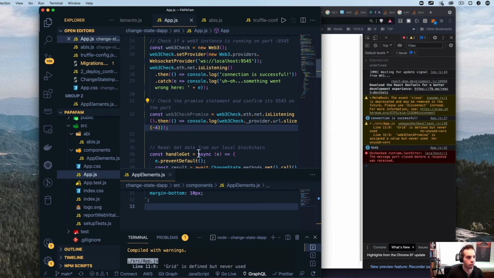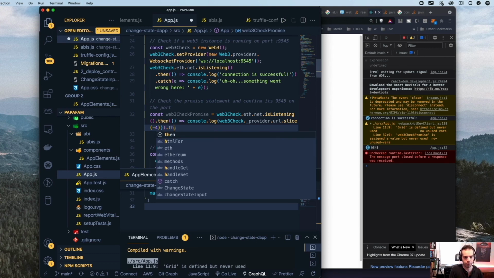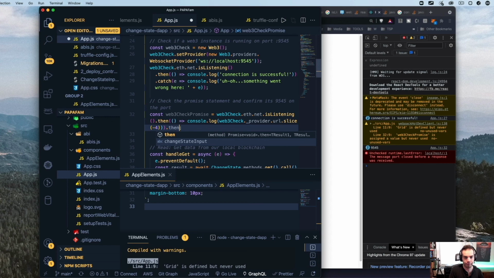So that's great. Now, as we get this 9545, we've already confirmed that this is working and that this is correct. Now what we want to do is pass this into a state variable that we'll then use to render a state checker. So we're going to say then again, if this is listening, then we expect to get something like a URL.